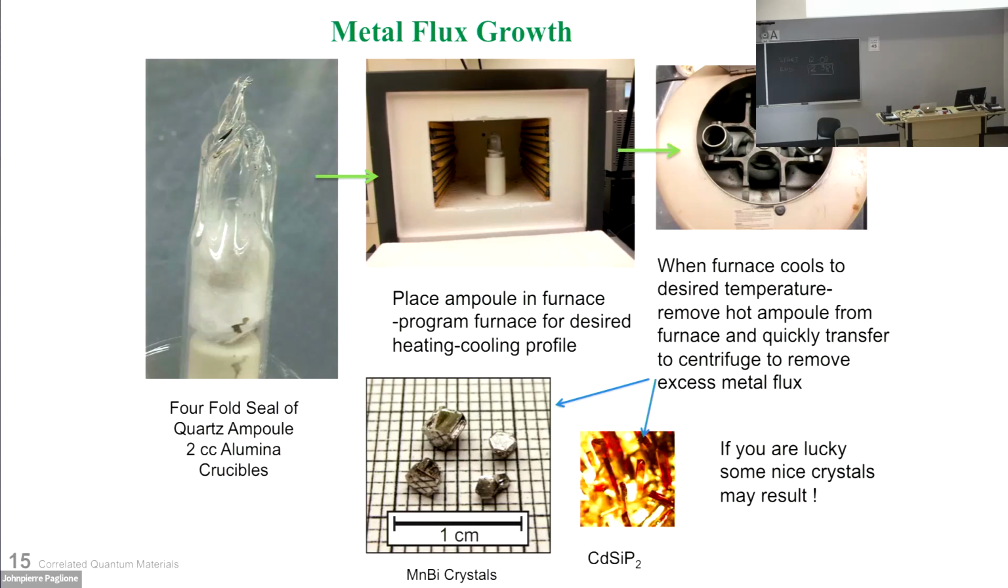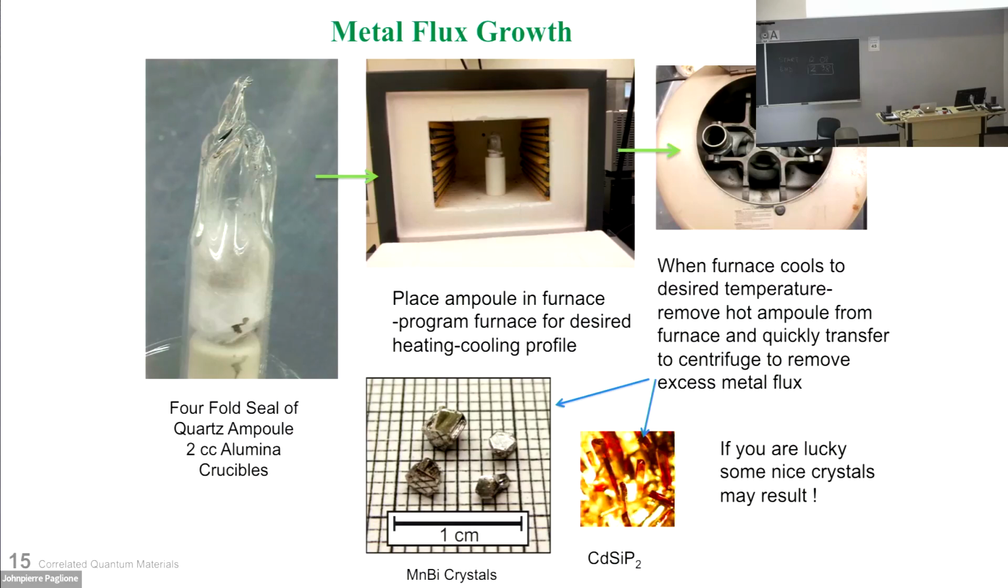Go through the temperature cycle. At some point, what you should have are crystals inside of a liquid. In this case, it'd be bismuth if you try to grow manganese bismuth. So at say 250 C or so, above the melting point of the bismuth, you take this out, throw it into the centrifuge, and then you would take the extra flux, which in this case would be mainly bismuth, and